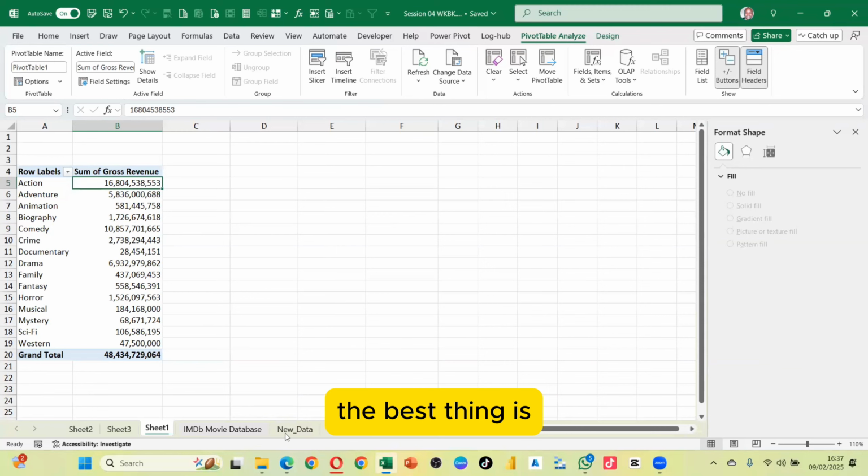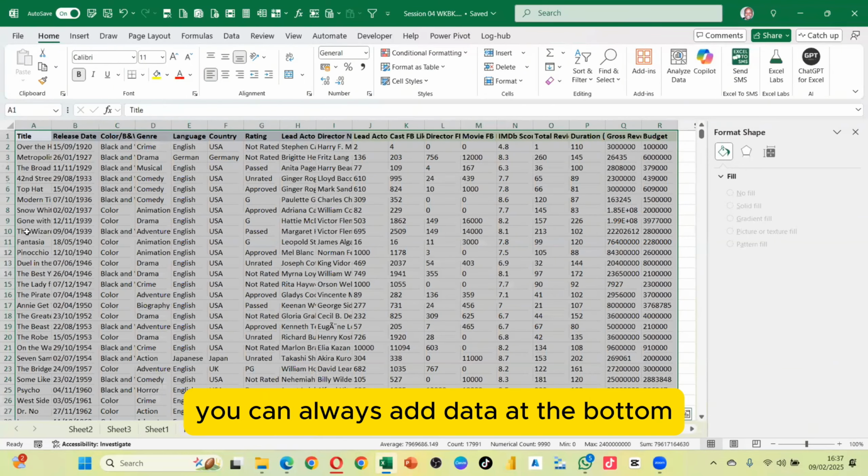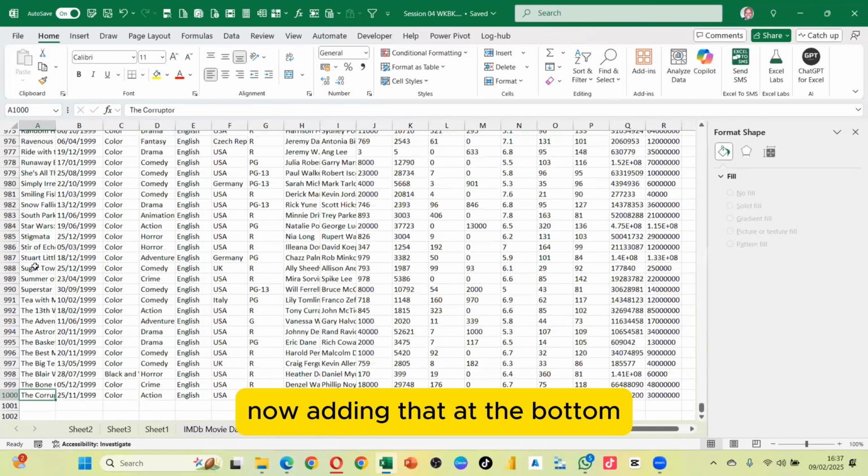Now the best thing is you can always add data at the bottom. Now adding data at the bottom,